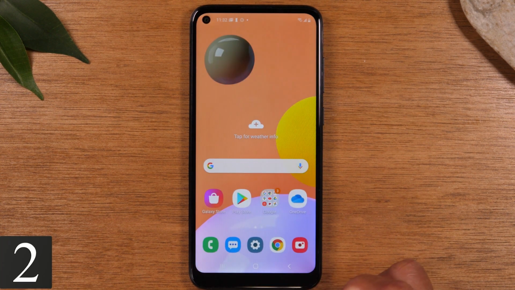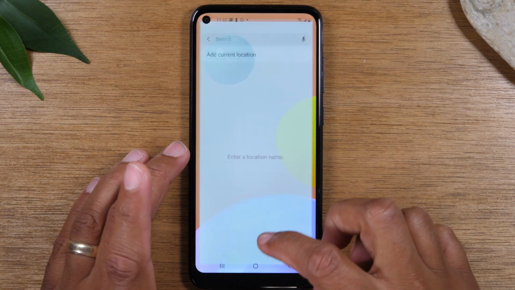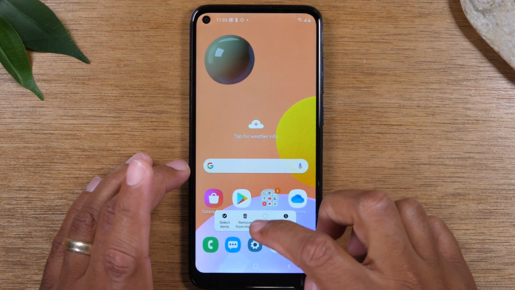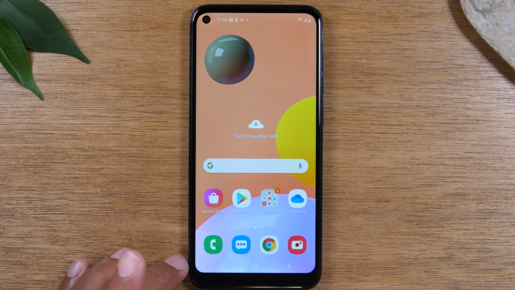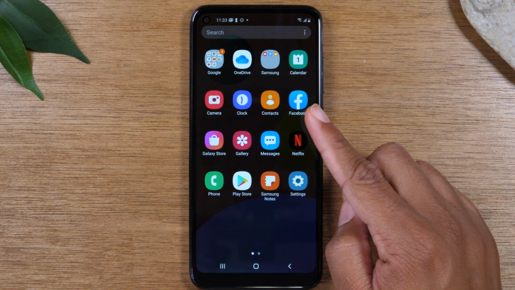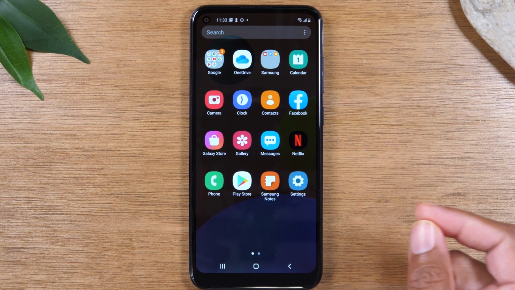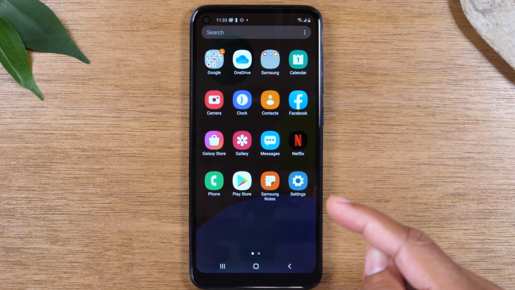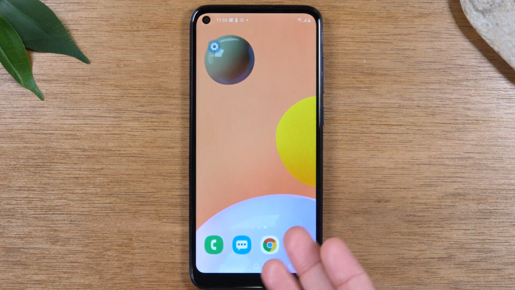Okay, so for our next tip, you notice down here I have these 4 specific icons. I'm going to show you how to customize the icons on your home screen. Now on your phone, it's going to look more like this. You probably have just these 4 icons at the bottom of your screen. I personally like to put the settings wheel at the bottom because I tend to do a lot in the settings menu. So just by swiping up with your finger, you can grab any app that's in your app section and you can move it to your home screen by just simply putting your finger on the app but holding down on it and then tap on add to home, and that will add the app to the home screen